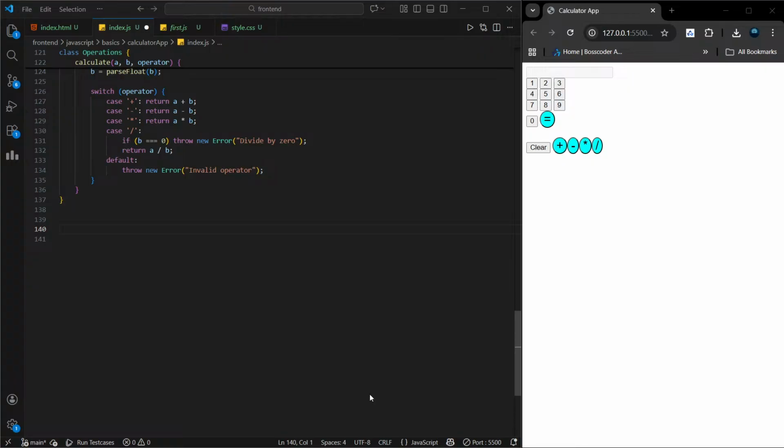अभी तुम्हें उन तीनों क्लासेस के ऑब्जेक्ट्स बनाने होंगे और उन्हें आपस में कनेक्ट करना होगा। जैसे इनपुट कंट्रोलर यूज़र इनपुट ले, फिर ऑपरेशंस क्लास को कैलकुलेशन के लिए कॉल करे और डिस्प्ले कंट्रोलर स्क्रीन अपडेट करे। तो तुम्हें तीनों क्लास के ऑब्जेक्ट इंस्टेंशिएट करने हैं और उन्हें एक दूसरे के साथ कोऑर्डिनेट कराना है।